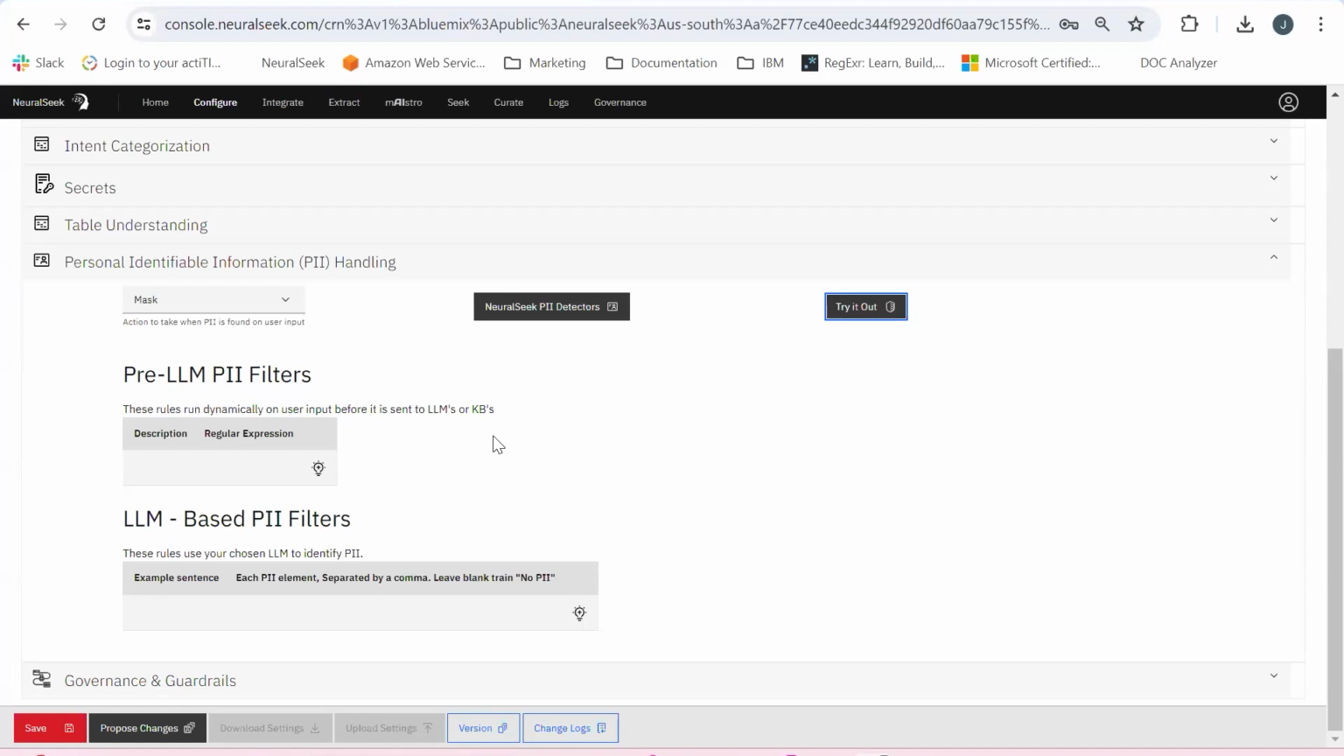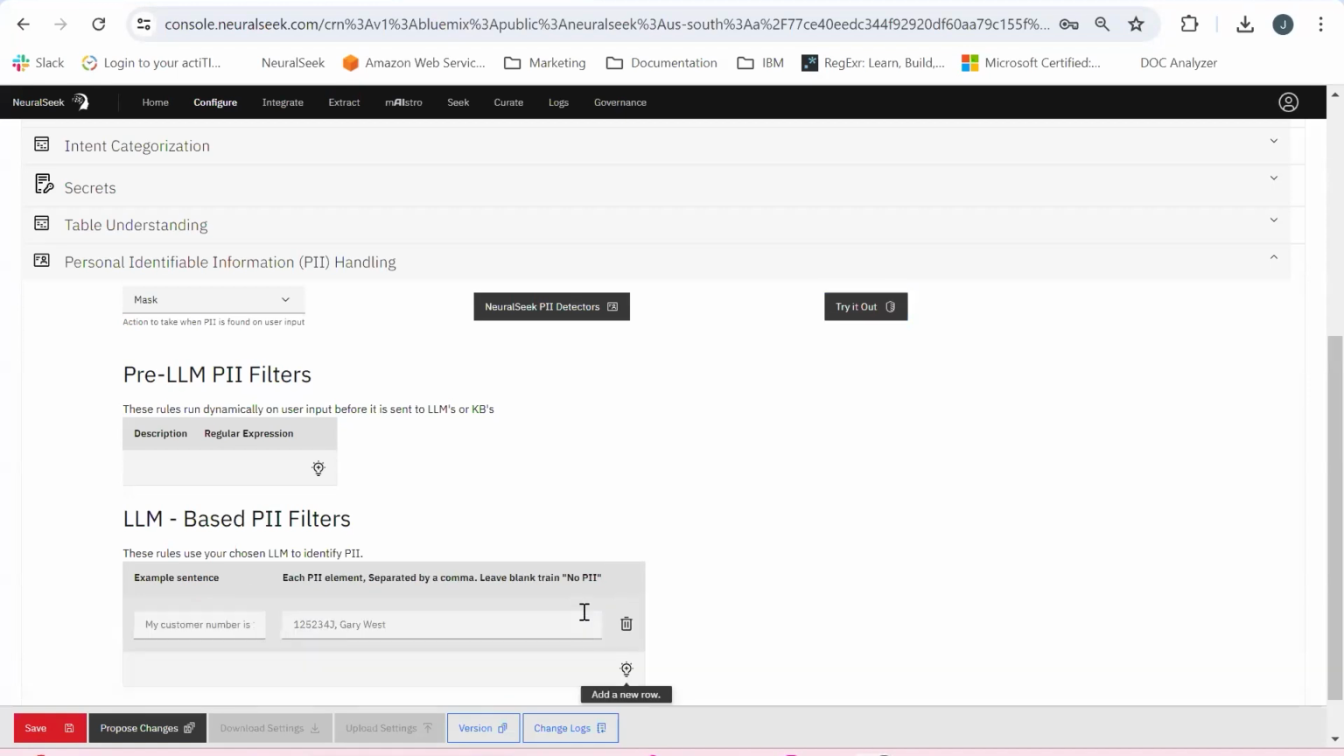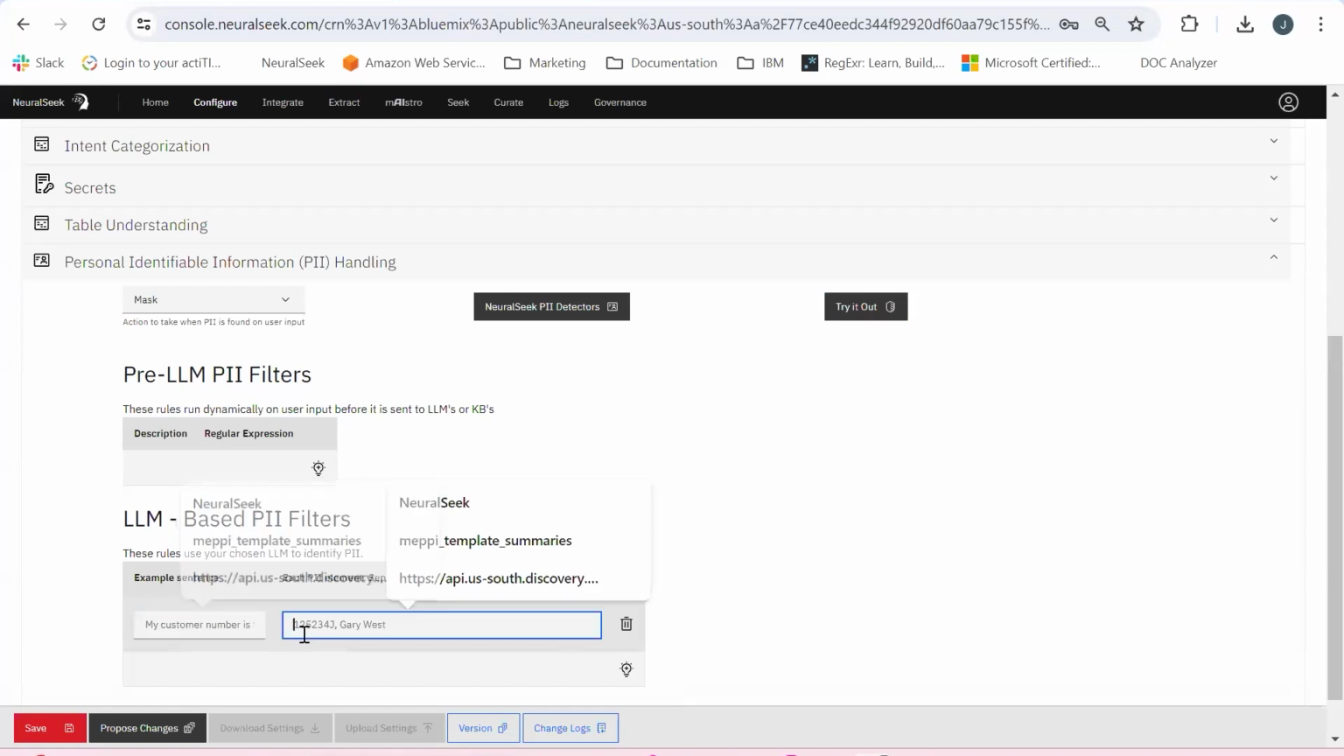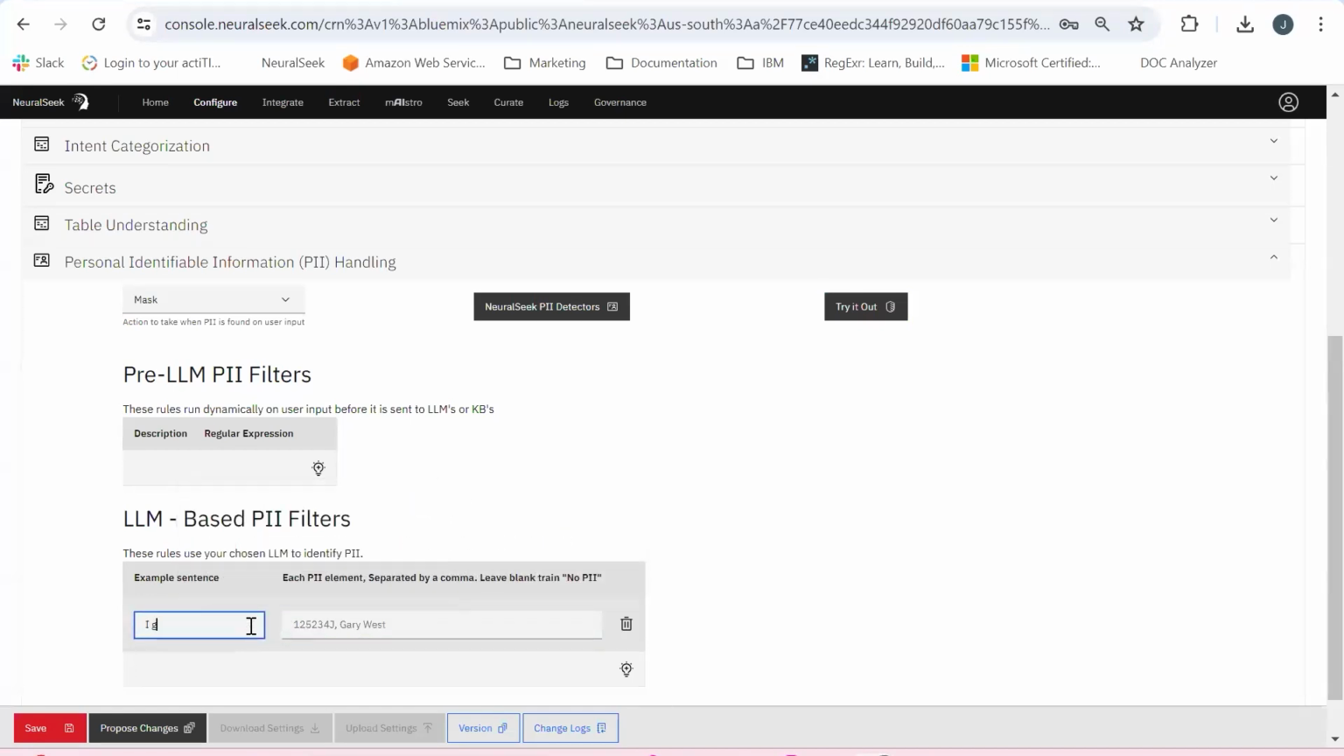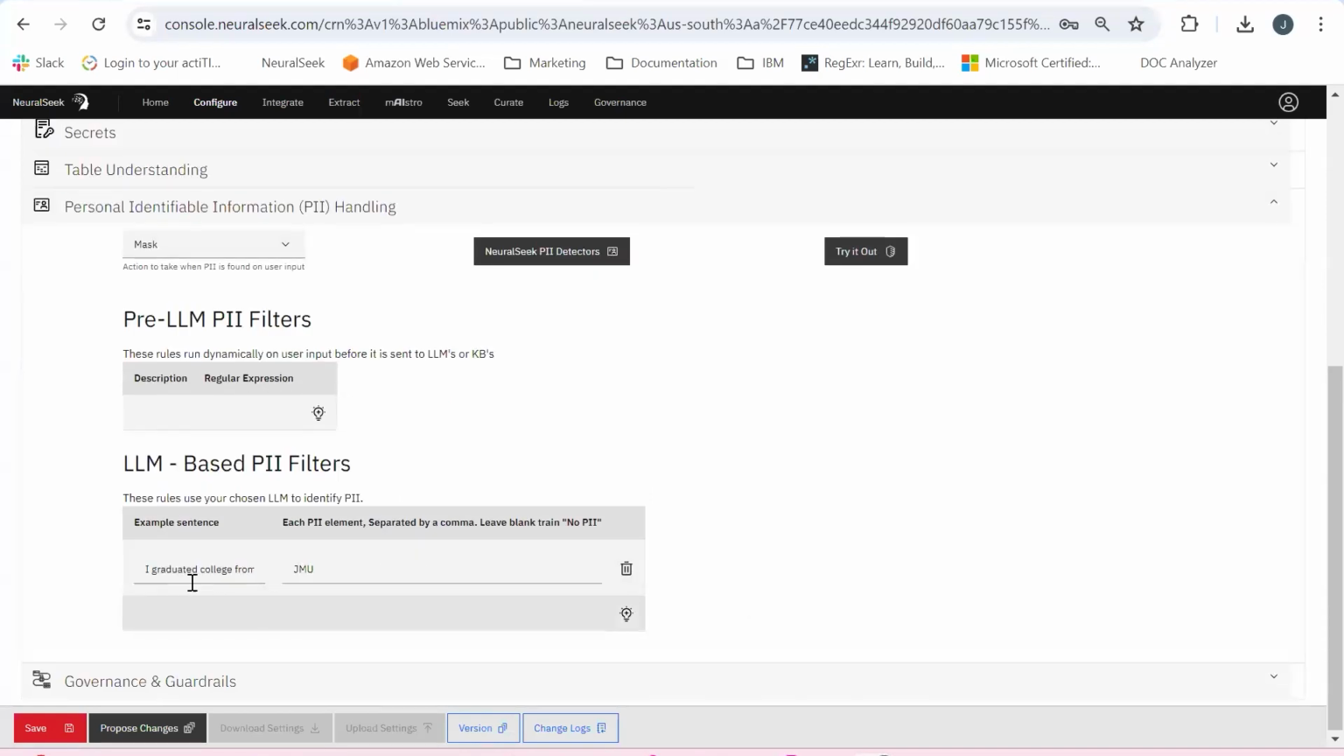So what I'm going to look for here as we follow our lab guide is we're going to choose our LLM-based PII filters, where we can provide an example sentence and then what that element is, and have that masked as PII. So an example sentence that I'm going to add in here is, I graduated college from JMU. And then our PII in the sentence is our college name, JMU. We could also do this with phone numbers, address information, blood type is another example, etc. So when we save these responses,